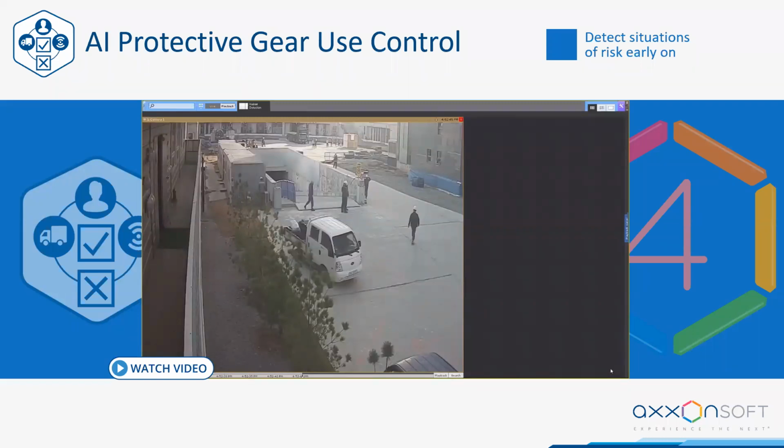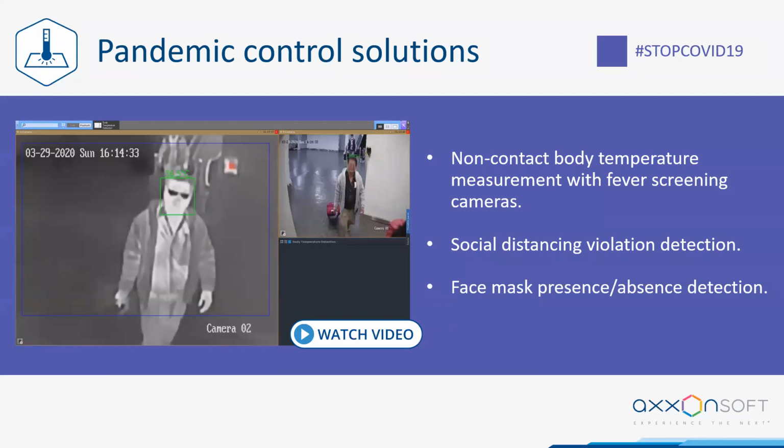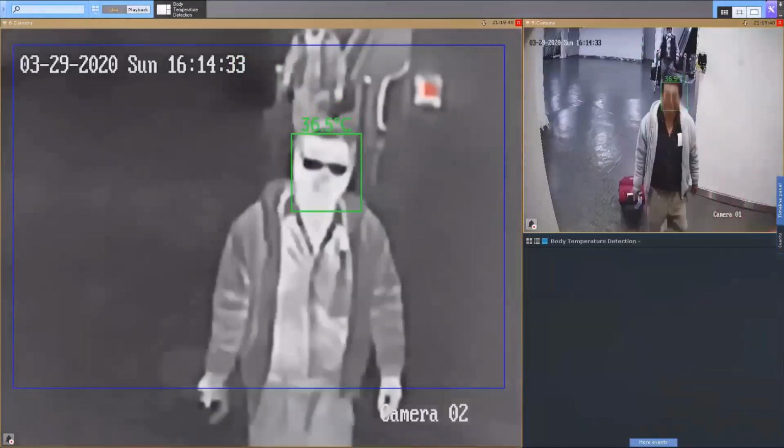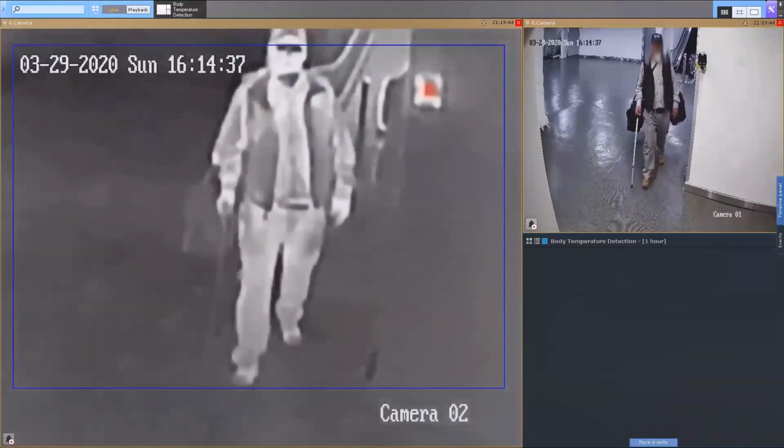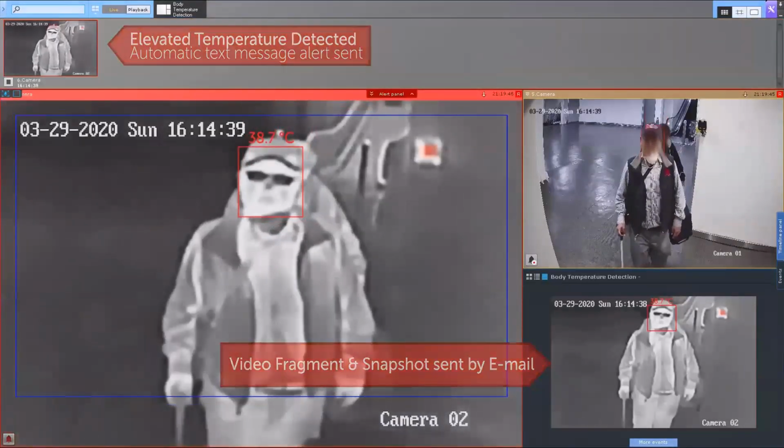And another example, the one that you've just seen, is the use of AI for face mask detection. Our solutions help to minimize the spread of COVID-19 by providing organizations with the capability to ensure a safe and healthy environment.